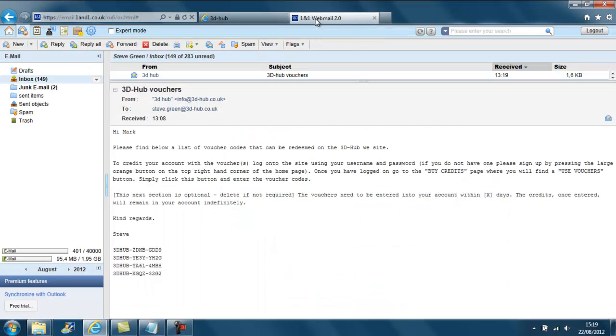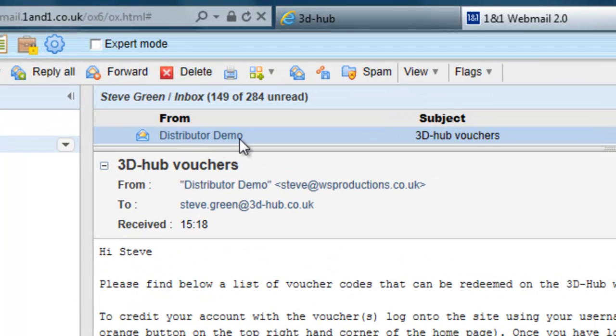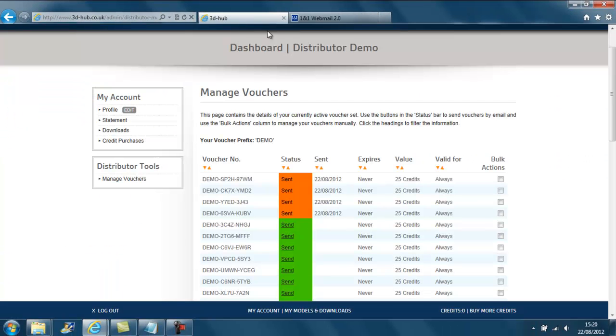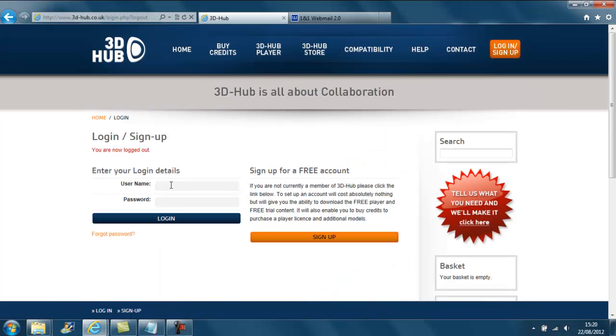Now if you go back to the email address that I sent those vouchers to, you can see my username is there, distributor demo, the subject is 3D-Hub vouchers. Hi Steve, please find a list of voucher codes that can be redeemed on the 3D-Hub website. If I log out as distributor demo, and now log in as the user,